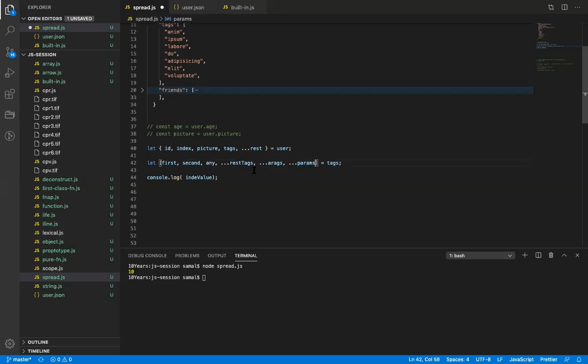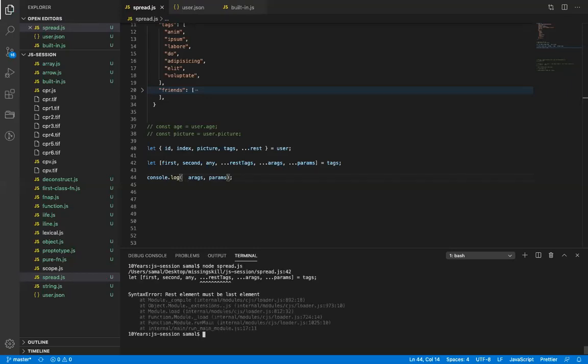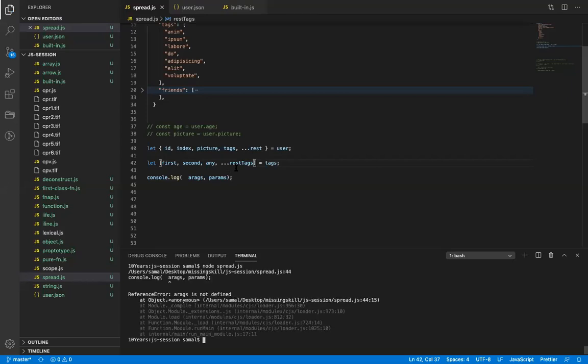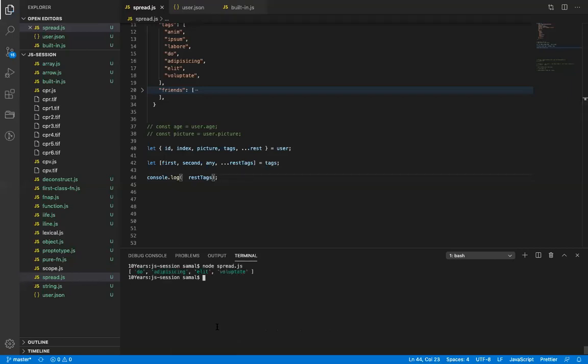And if I run this, it will possibly give me undefined, because in this only one rest is allowed. Let's see what happens. No, it does not allow, because rest can only be the last element. Only one rest element is allowed. Now it basically prints the value. Correct. So this is the main feature which was introduced in ES6.